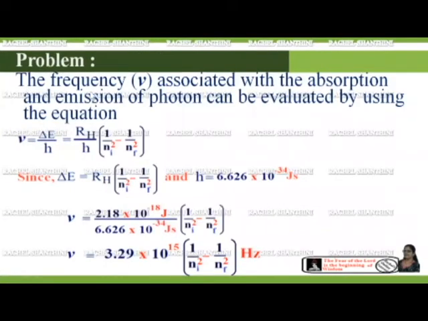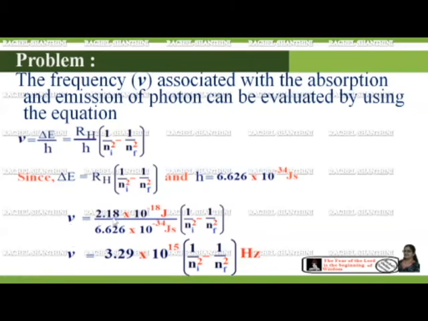In this problem, we are going to calculate the frequency nu associated with the absorption and emission of a photon, and it can be evaluated by using the equation nu is equal to delta E upon h. We can substitute delta E as R_H, the Rydberg constant, into 1 upon n_i square minus 1 upon n_f square, and h is equal to 6.626 into 10 to the power of minus 34 joule second, which is Planck's constant. If we substitute delta E and h in the expression nu is equal to delta E upon h, we get